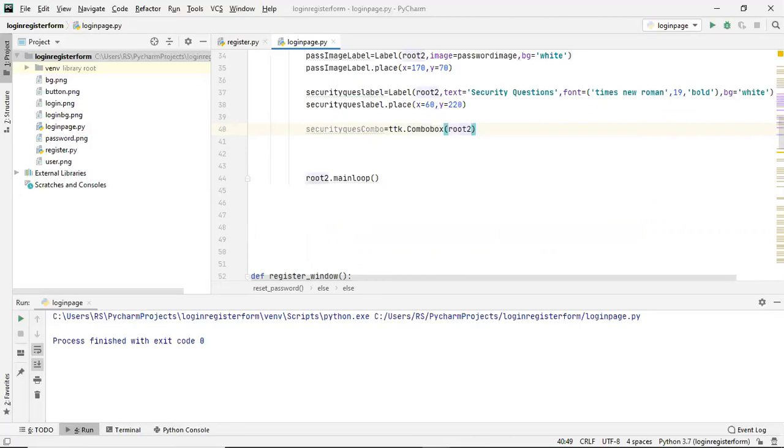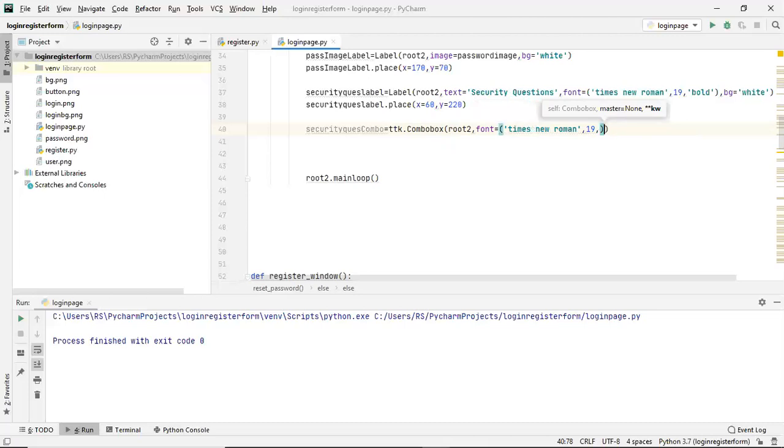Next thing is the font. Font equals to Times New Roman. Then the size will be 19, and then nothing, I will not make it anything.